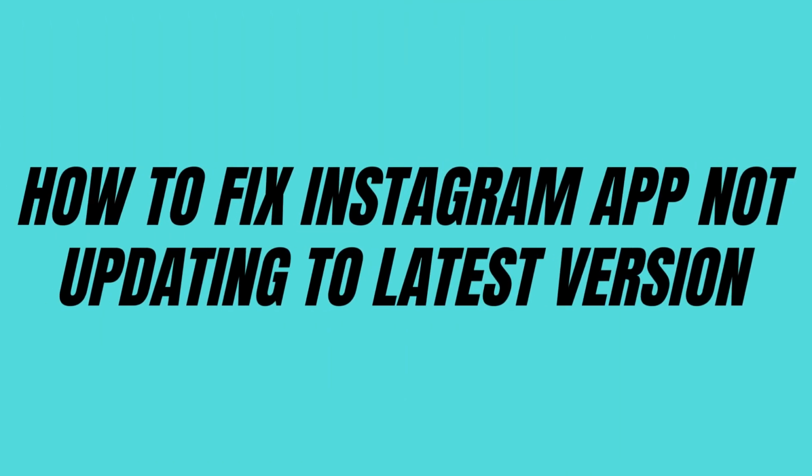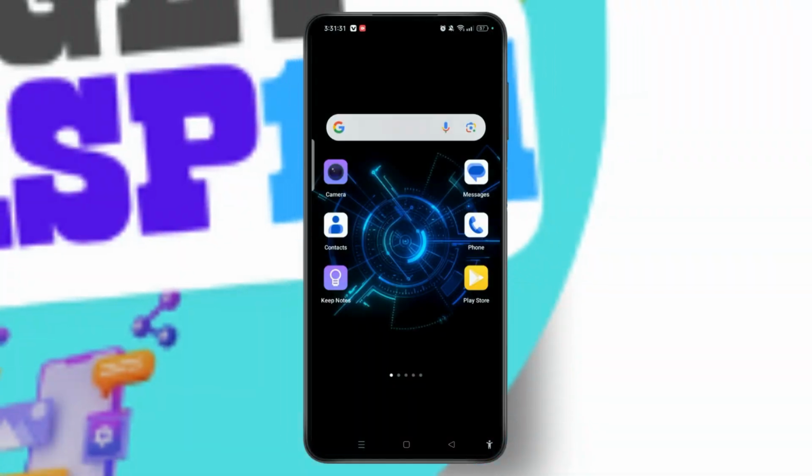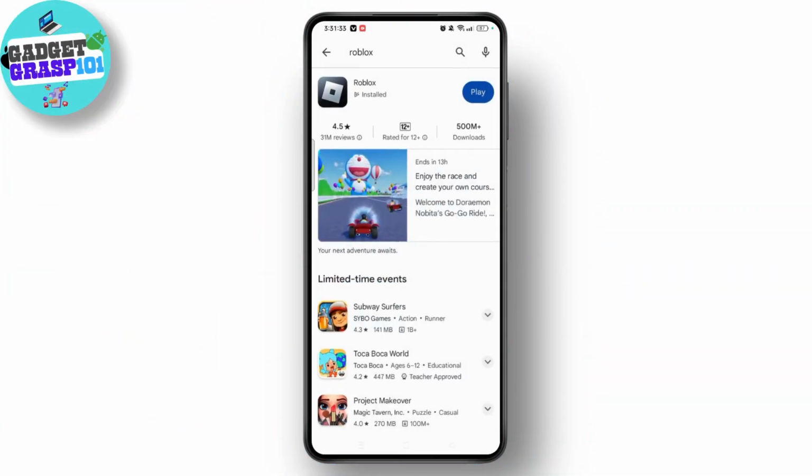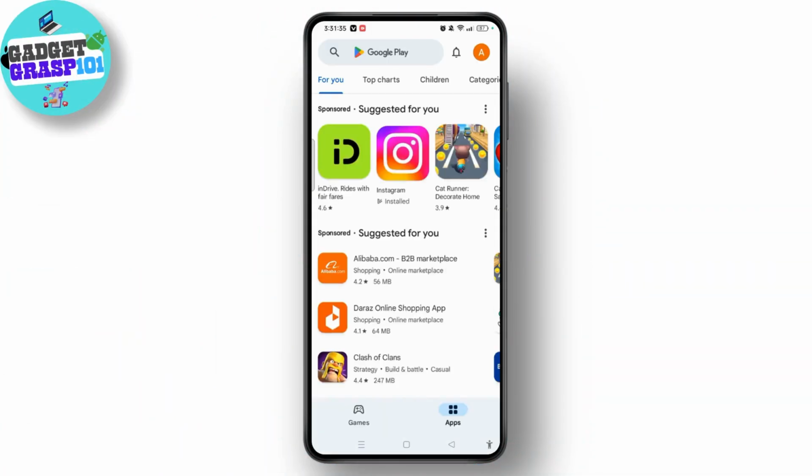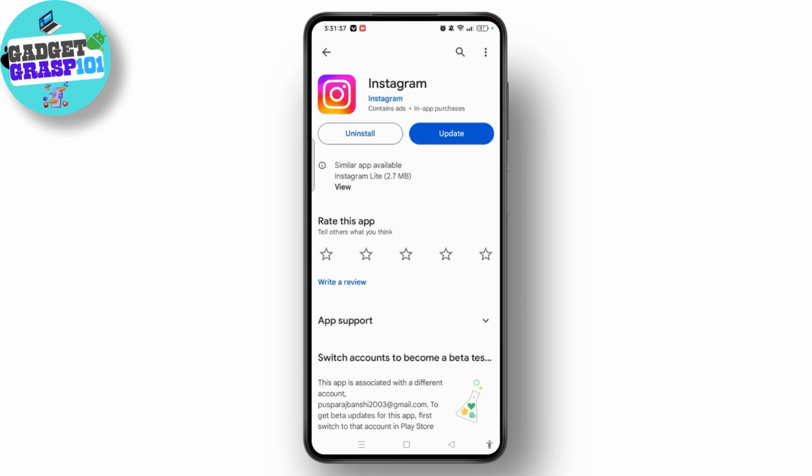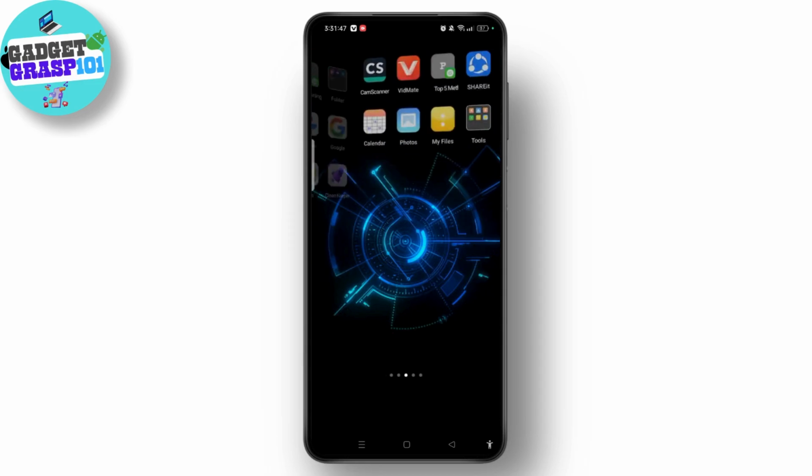Instagram app not updating to the latest version. Open your Play Store and from here let's search for Instagram. If you see the update button and tap on update but it is still not updating to the latest version, then what we can do is go to the Instagram application,